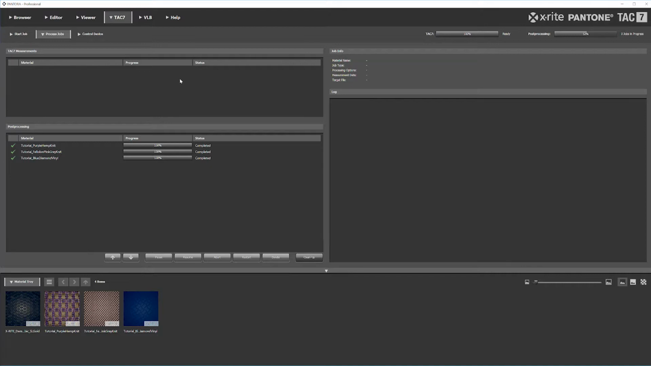Once that gets done, it would jump down to the post-processing, where then your computer will take over and actually start post-processing that and actually making a usable AXF file. Once that gets done, it's going to jump down into your material tray. So for instance, here's this blue diamond vinyl that we have that we're working with,